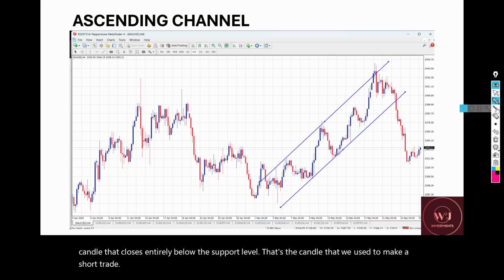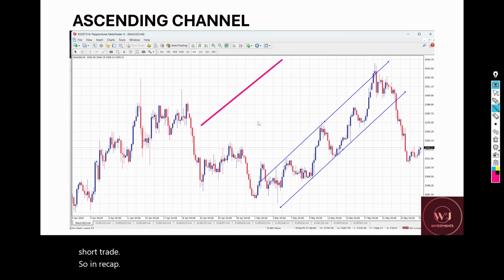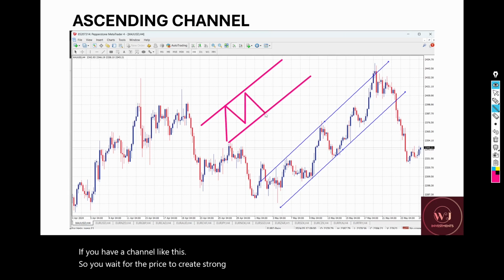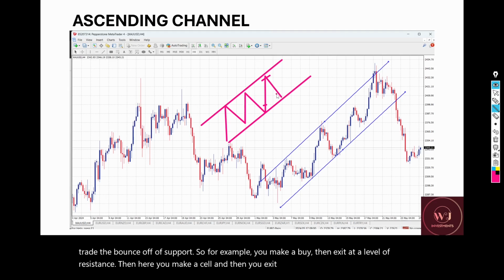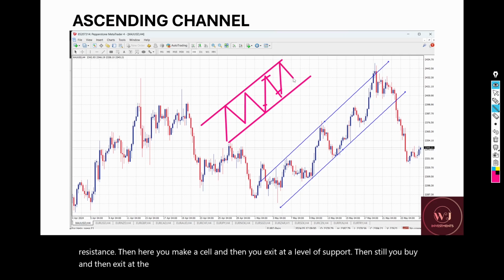So in recap, if you have a channel like this, you wait for the price to create strong support and resistance levels. After that, we start to trade the bounce off of support. So for example, you make a buy, then exit at a level of resistance, then here you make a sell, and then you exit at a level of support, then still you buy, and then exit at a level of resistance, then you make a short trade to exit at a level of support. So if you don't do that,